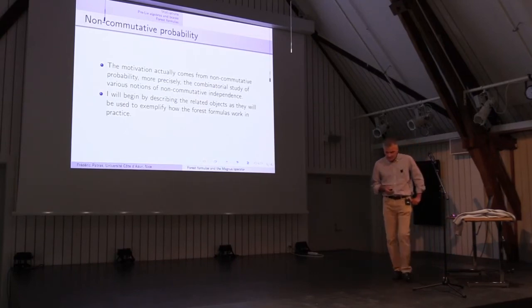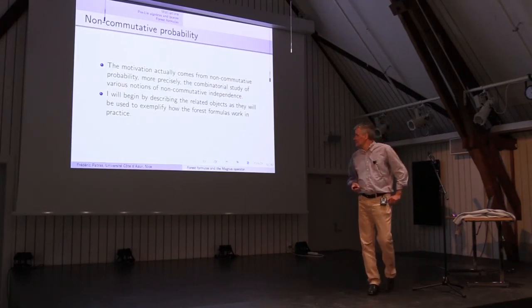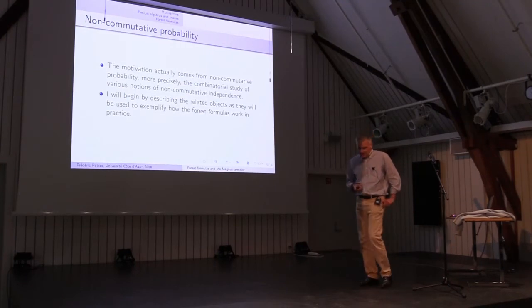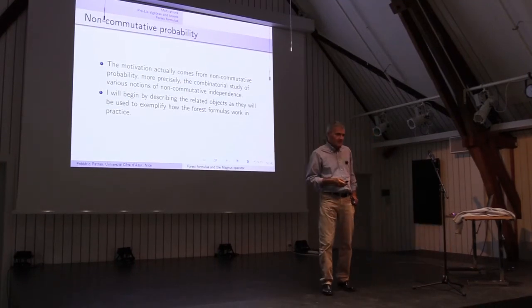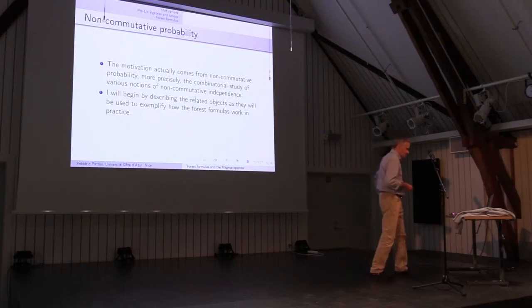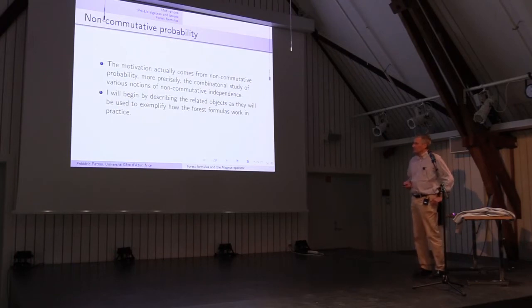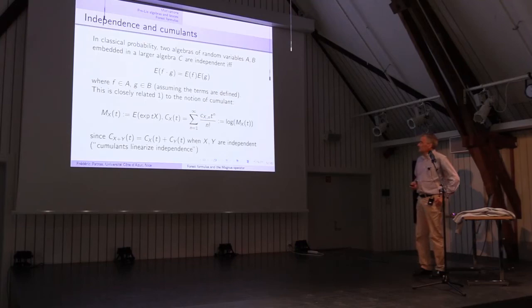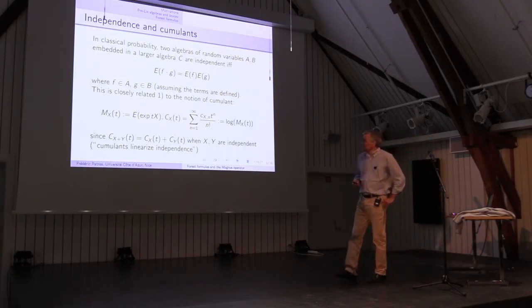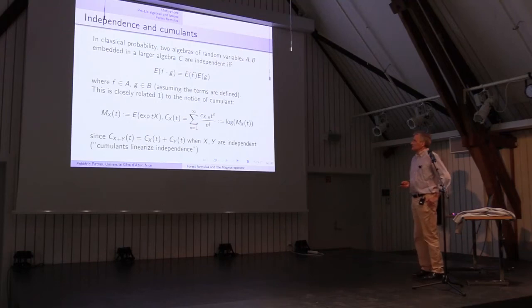So the precise motivation of our work with Adrian was a bit different. Namely, we started from a problem in free probability. So I will start to explain a bit the corresponding framework, show you how things are organized, what are the problems that appear, and how it leads to this idea of using a forest formula to solve a certain combinatorial problem. I will first recall very briefly some very classical ideas in probability, but they're going to be important for what I'm going to explain later.